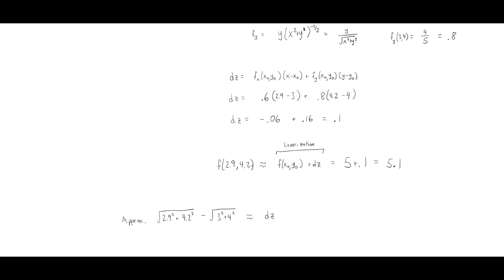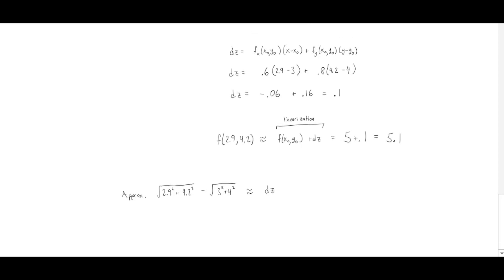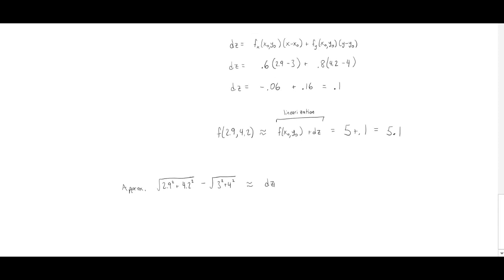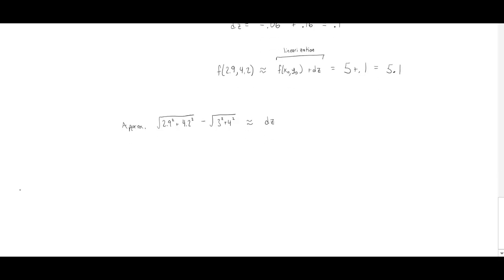So these are just kind of silly examples, perhaps, of how we can use the linearization to approximate our function. It's kind of silly because you can just plug the numbers into a computer or a calculator and get more exact values. But this idea of approximation is very important. A typical situation in which we use linearizations, which you might encounter if you take more classes,